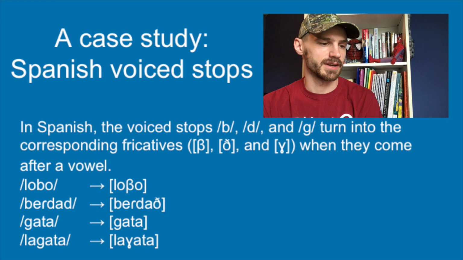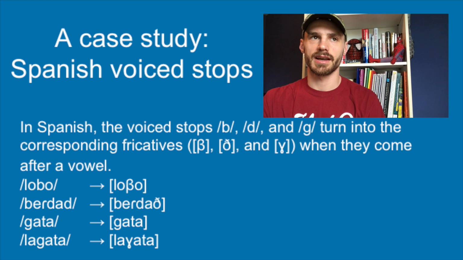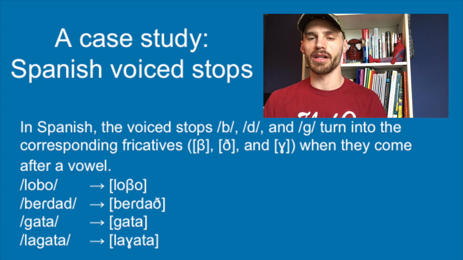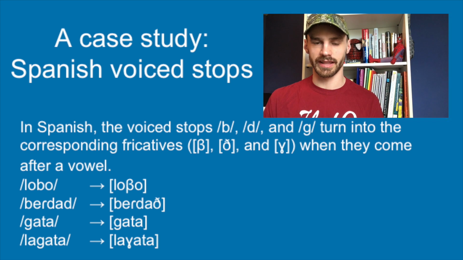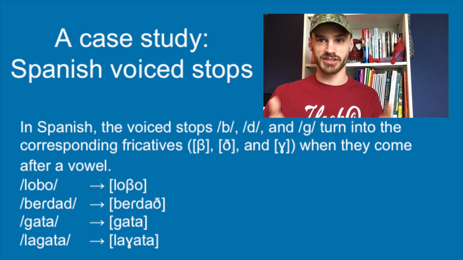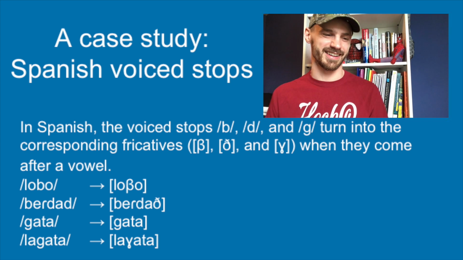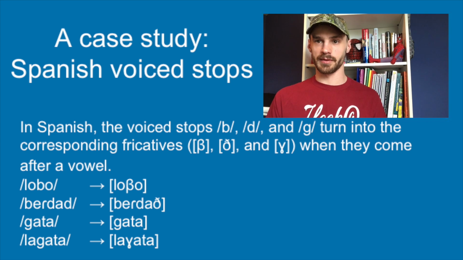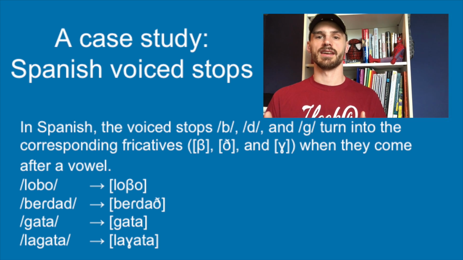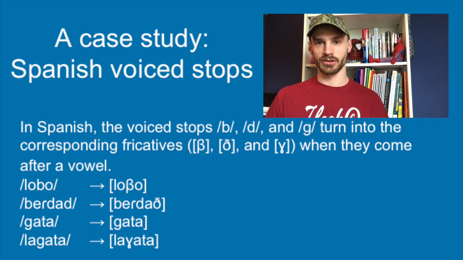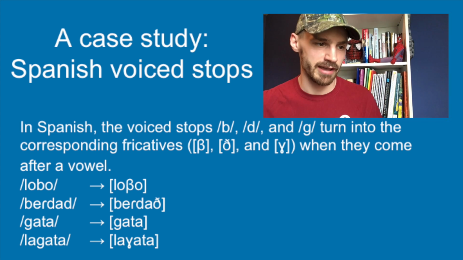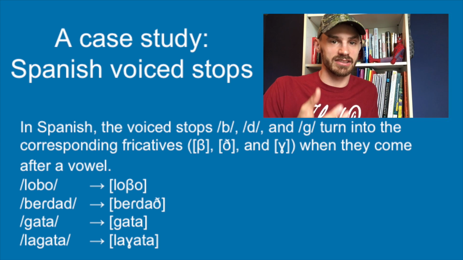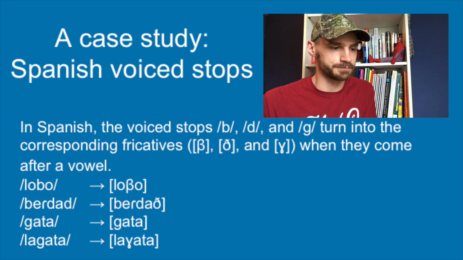Let's do a case study on Spanish voiced stops because I want these linguistics videos to be relevant to people who are learning foreign languages. And this is what you're going to have to do depending on the language that you're learning. If you're learning Spanish, then this is great. I'm giving you a golden nugget, a tidbit for your pronunciation in Spanish. If you're learning some other language, German, Arabic, then you're going to have to go look up some phonemes and allophones in the language that you're learning. And Wikipedia is a great resource for that, I find, if you have the basic underlying knowledge of phonology.